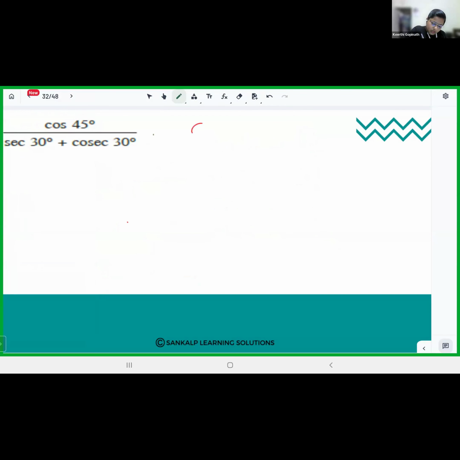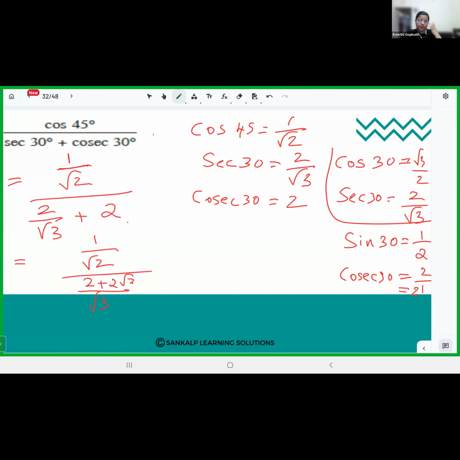Now what you have to do? You have to just substitute these values in the question. That is cos 45 is equal to 1 by root 2 divided by, this one is 2, right? Sec 30 is equal to 2 by root 3. So 2 by root 3 plus 2. Now you have to simplify this. Okay. So that is 1 by root 2 divided by, you take the LCM, that is root 3. That is 2 plus 2 root 3 by root 3. All right. So this will become